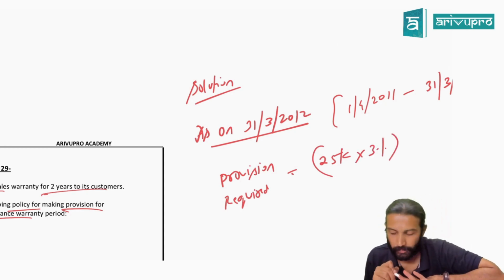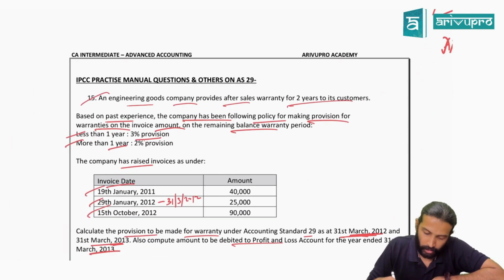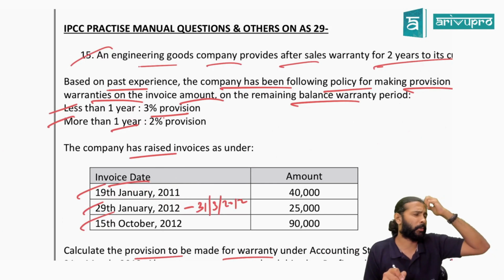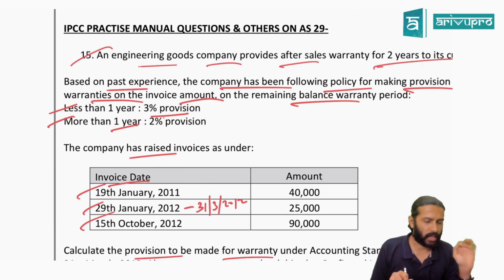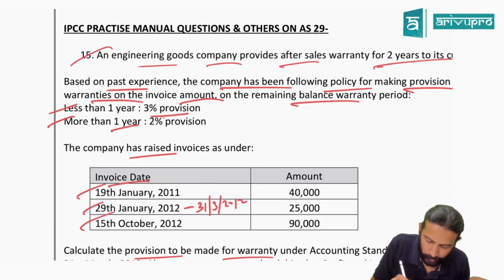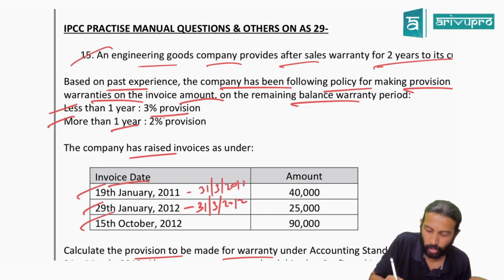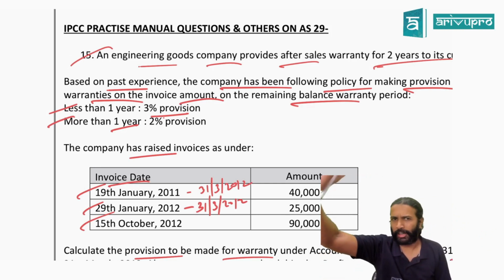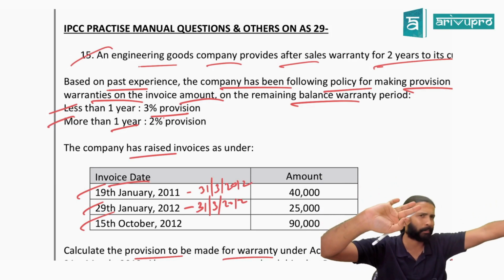Okay, so far? Alright, check here, sir. You have sold the goods in January 2011 also. January 2011 means current year or last year? Last year. Doesn't matter. Check from 19th January 2011 till the end of the year, 31st March 2012. How much is the period, sir? 1 year, some months. 1 year, 2 or 3 months. Yes or no? I don't want the exact months.